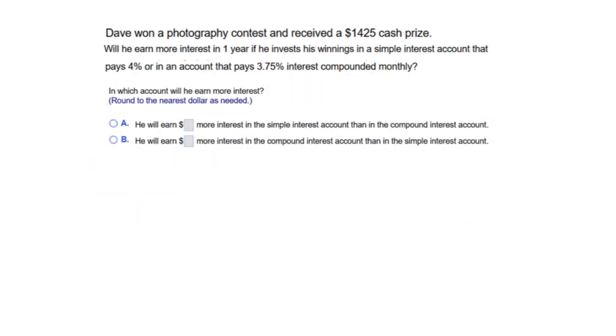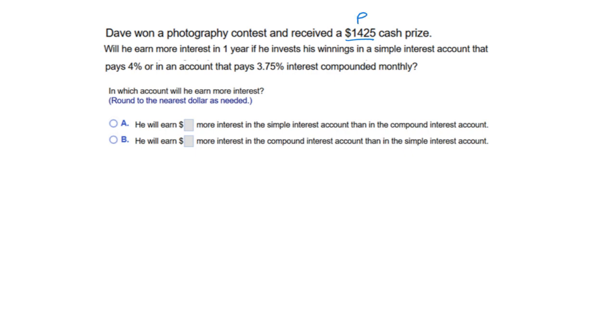Dave won a photography contest and received a $1,425 cash prize. Will he earn more interest in 1 year if he invests his winnings in a simple interest account that pays 4%, or an account that pays 3.75% compounded monthly? So we have two different types of investments. We know that